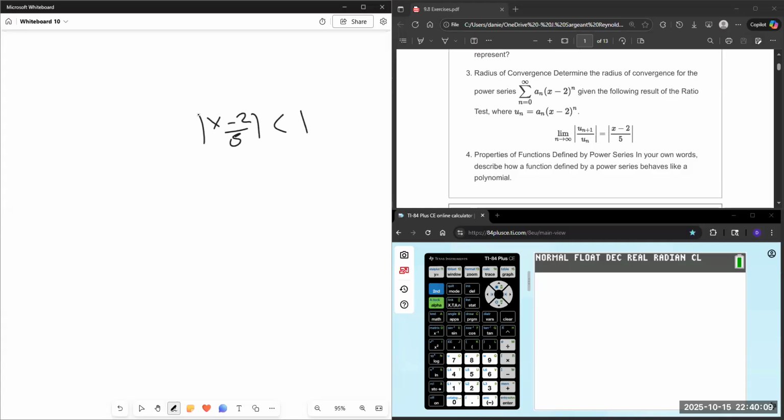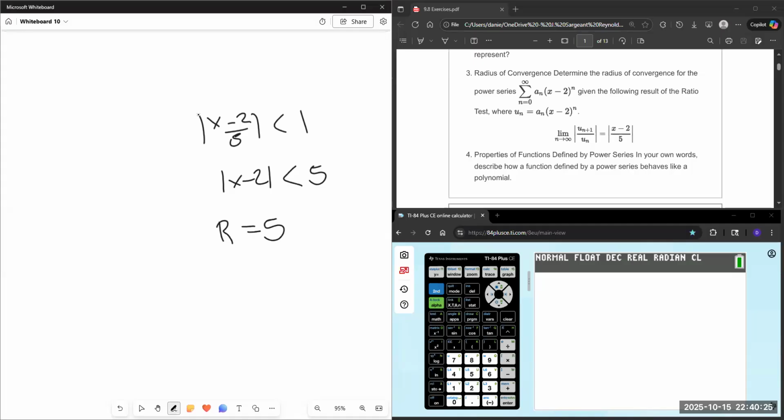And we know that that needs to be less than 1 for us to have convergence. So I'm going to multiply here. The series is centered at 2 and is going to have a radius, capital R, of 5, a radius of